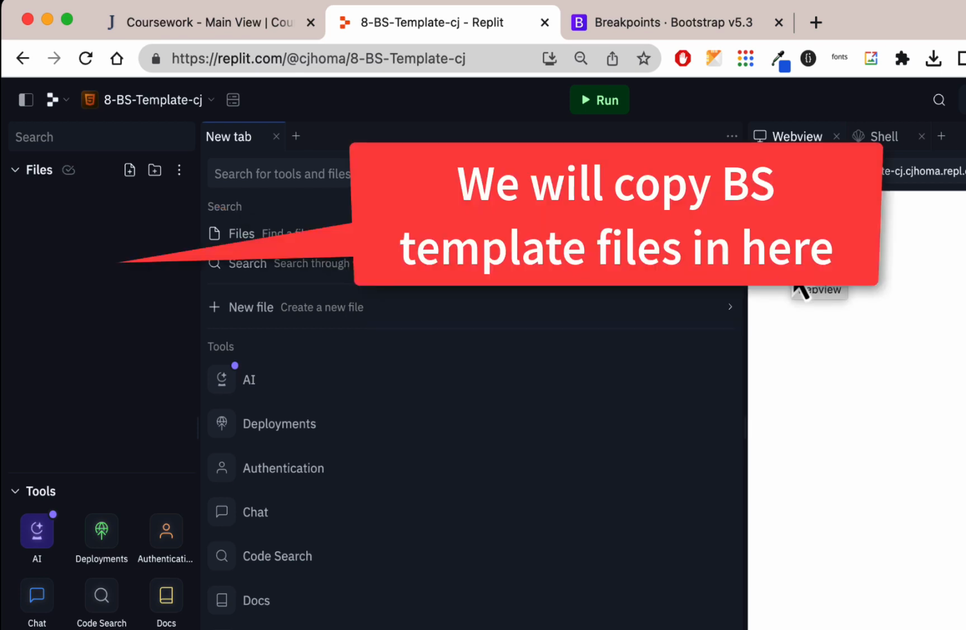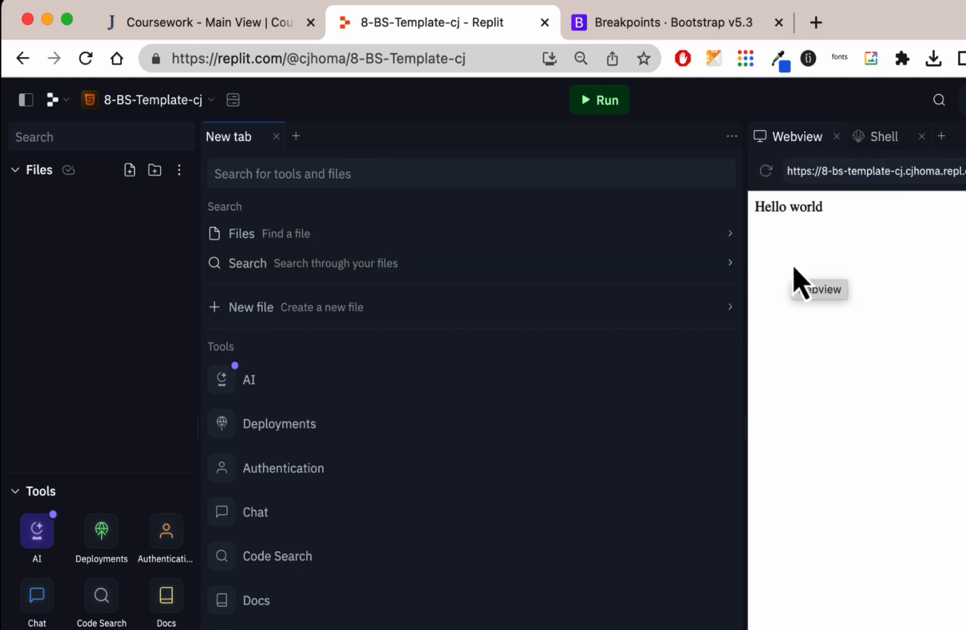And hopefully you know how to unzip a file. On a Mac, it's pretty easy. On Windows, you have to use extract all. But where I'm going to go to is